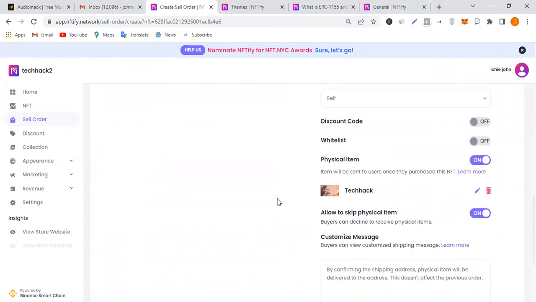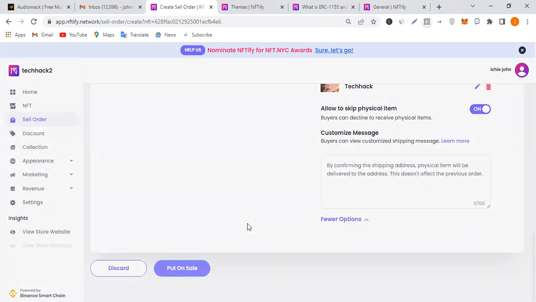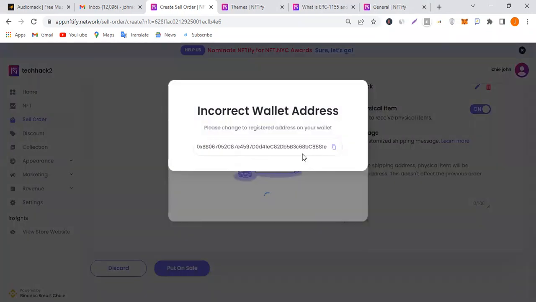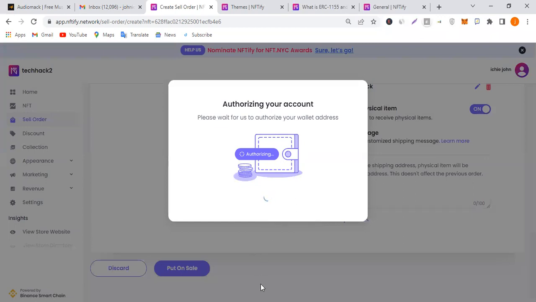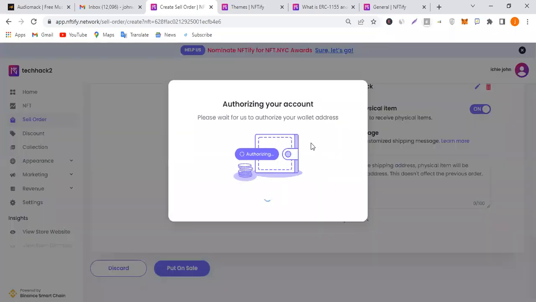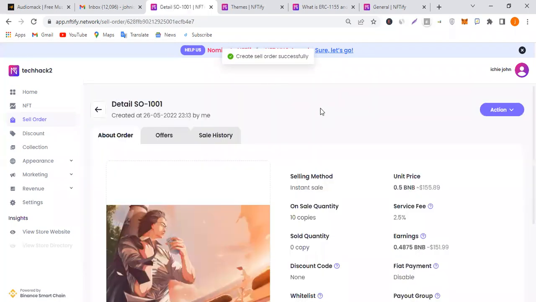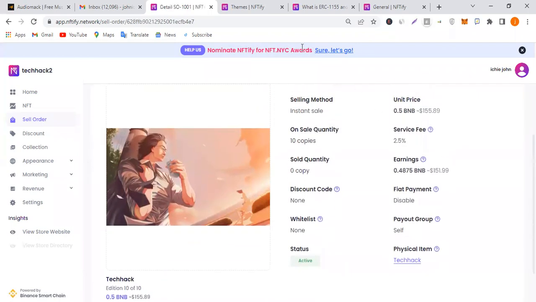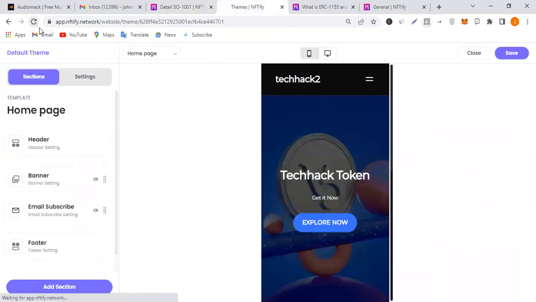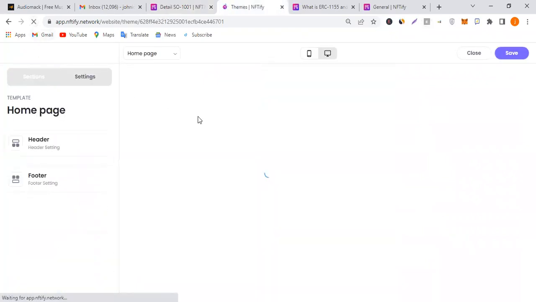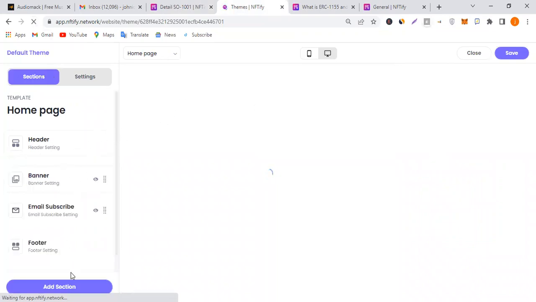Now, if you have any product you want to sell, you can actually use the opportunity to do so. So click on sale. Now you'll be asked to connect. So let me just quickly do this. All right, so that is available. You can see over here. So I'm going back to my team. So I'm going to load this website. So what I'm going to do next is